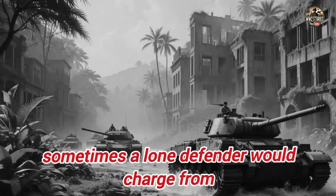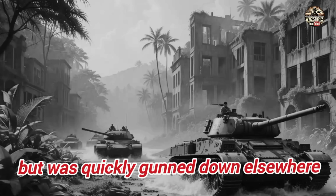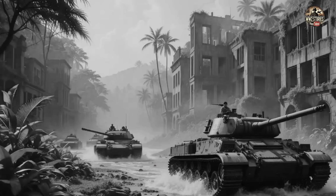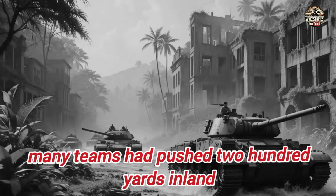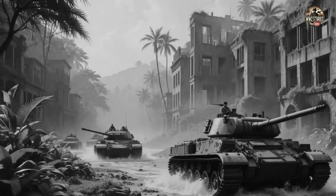Sometimes a lone defender would charge from cover in a suicide attack, but was quickly gunned down. Stubborn pillboxes needed demolition teams, while lesser threats were left for follow-up troops within 15 minutes. Many teams had pushed 200 yards inland, but on the left flank of Brink's 2nd Battalion contact was lost with